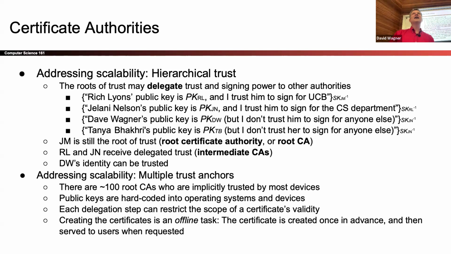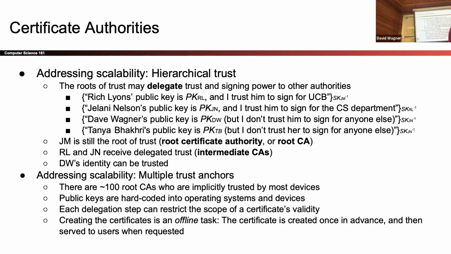And a very nice thing is that creating the certificate is a one-time task that is done by the certificate authority. Sign the statement once when the person enrolls or the website enrolls. And then it can be cached and copied and passed around to anyone who needs it. So typically, when Amazon registers their public key with a certificate authority, the certificate authority signs it, gives them the